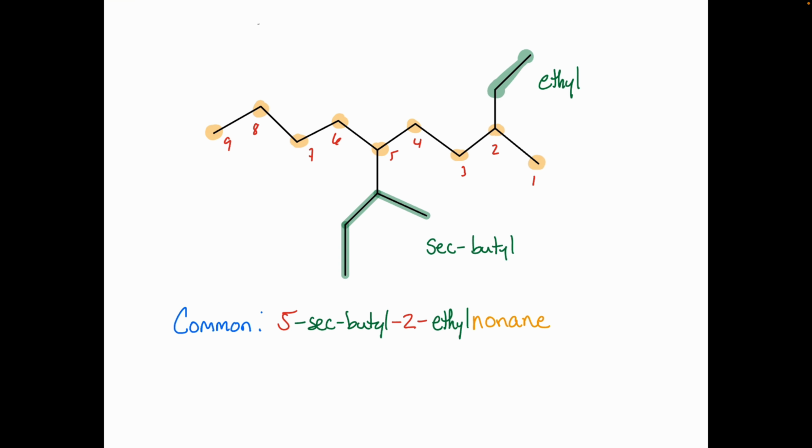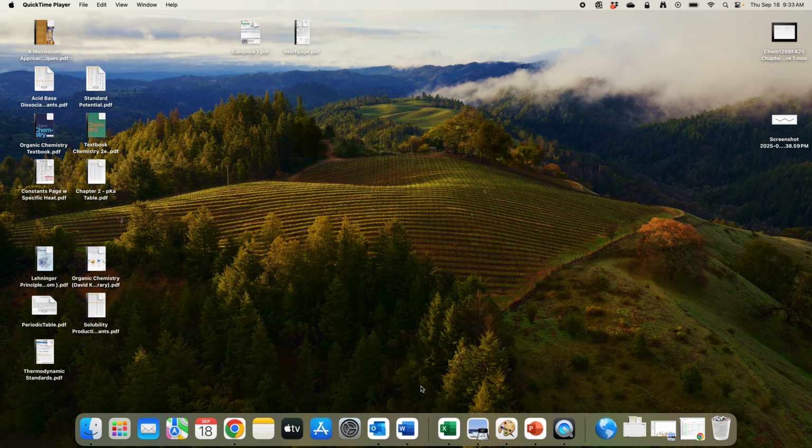Again, we have multiple substituents, an ethyl group and a sec-butyl group. We're going to put them in our name when we assemble in alphabetical order, but we ignore the sec. We're paying attention only to the butyl. So 5-sec-butyl-2-ethylnonane. Just rolls off the tongue. Beautiful name for a molecule, right? Cool. Okay, so what we have for the last portion of this lecture